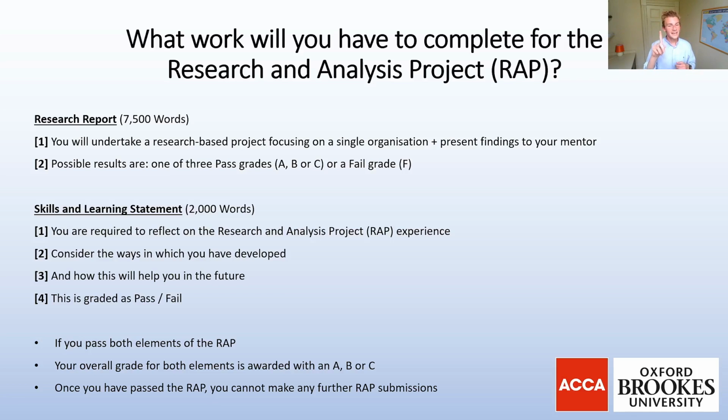But this is the key thing when you're actually completing your work. Once you have actually passed the research and analysis project, you can't go back and make future amendments or submissions. So make sure you get that written down to say, I've got to get it to the highest possible standard, really put the effort in, go into as much detail as possible, and also to actually speak with your mentor to say, how can you improve meeting by meeting, setting those targets out